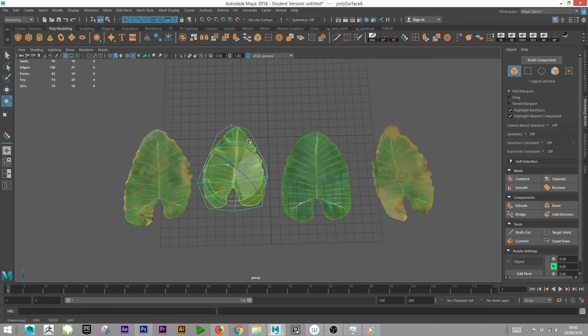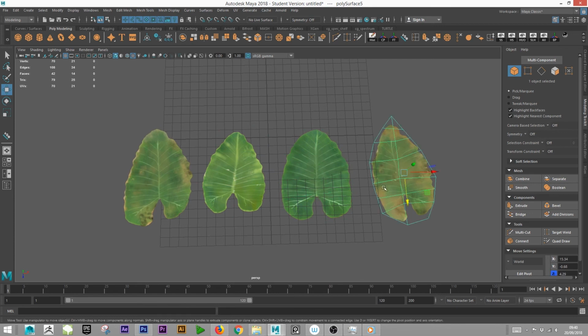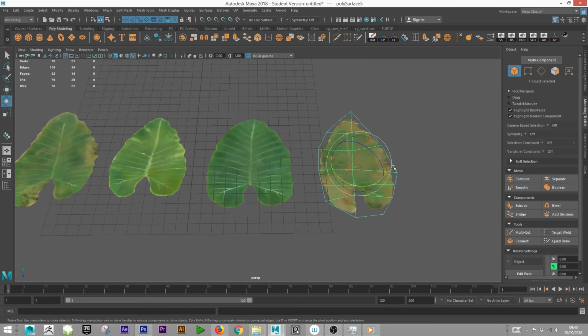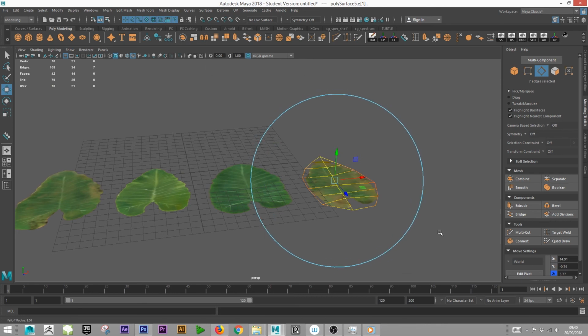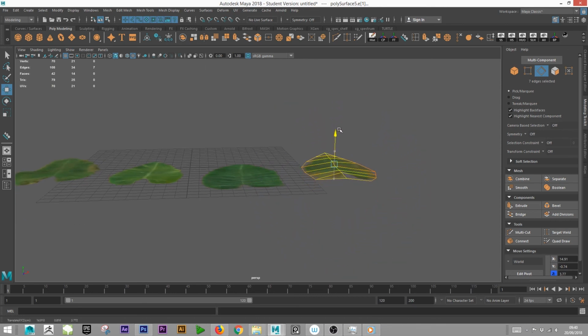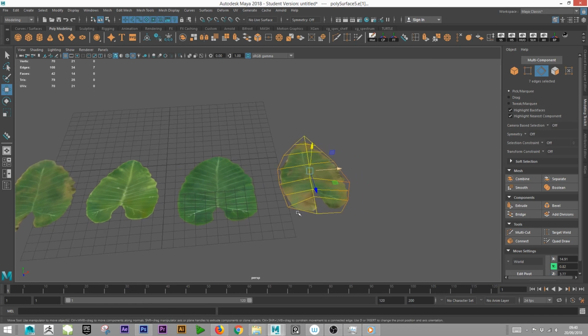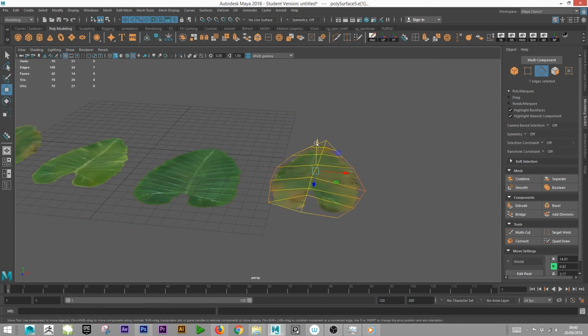So next up, I'm not going to get into making stems because they're basically just cylinders, but I do want to show you how you can edit these and make them a bit more dimensional. So for this one, let's just grab this center edge, go to move, let's turn on our soft select, make it pretty wide, and just move it up. Now you're going to start to see we've got a bend going here,